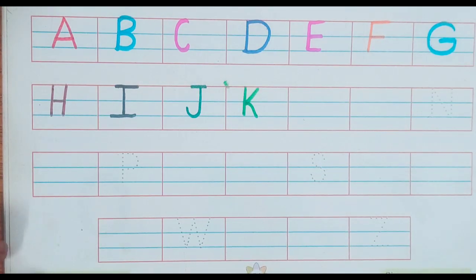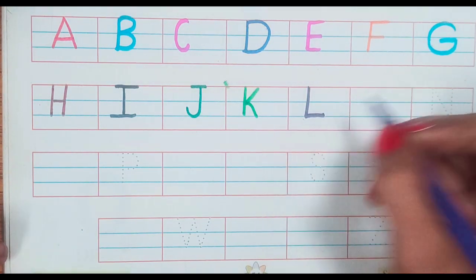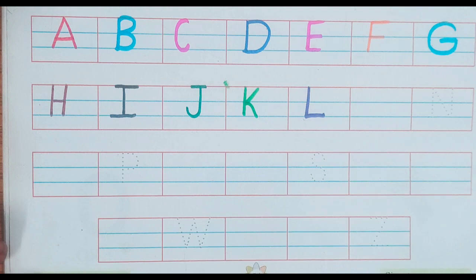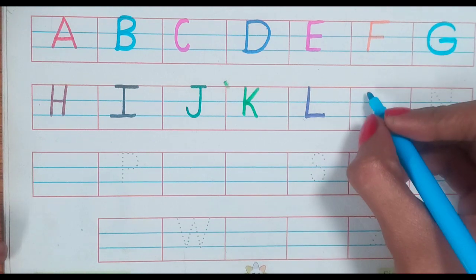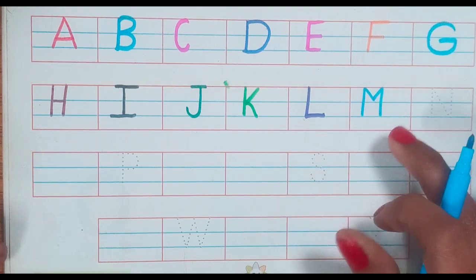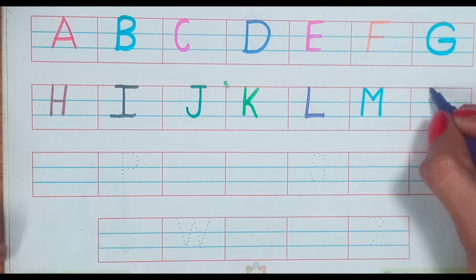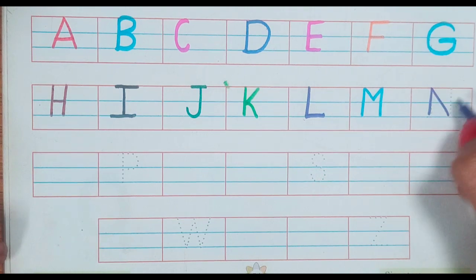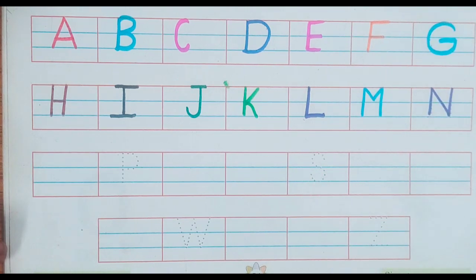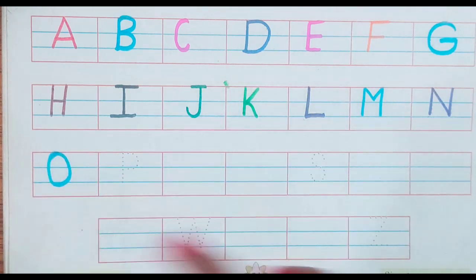K for kite। L for lion। M for monkey। N for nest। O for orange।